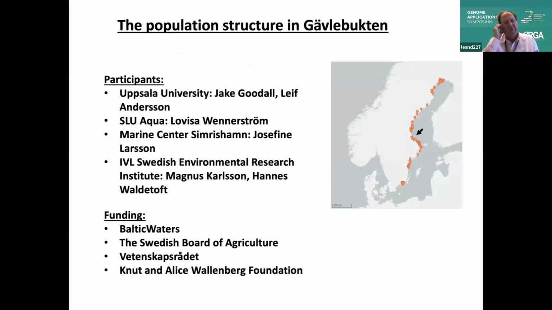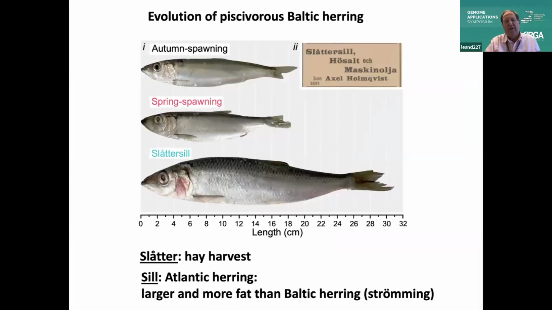But I would like to take up another example of diversity that we were not aware of. So what I showed you in the previous picture was the broad picture. Here we decided to go only into this small area of the Baltic Sea and ask the question, what type of subpopulations do we have there? And interesting, that led to the discovery of evolution of piscivorous Baltic herring, which is a very surprising discovery because